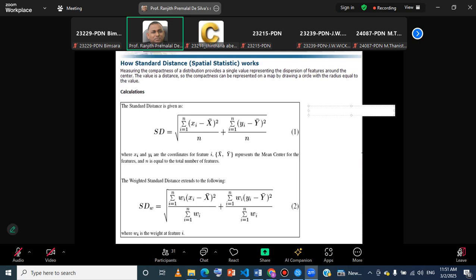So my first coordinate is 5, 1, then 8, 4, 12, 8, 16, 10,